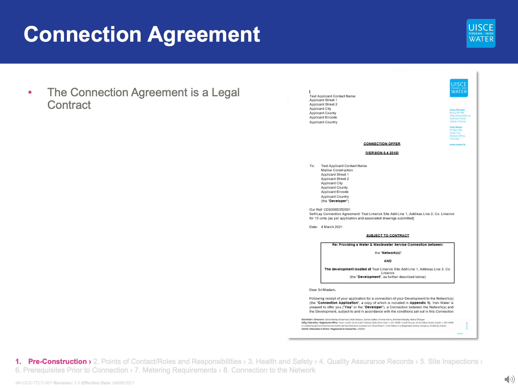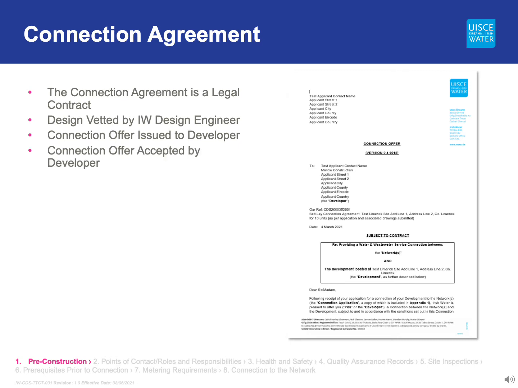Before the pre-construction meeting takes place, the design must be vetted and accepted by Irish Water. The developer must receive a connection offer from Irish Water. The developer must have signed and returned the connection agreement to Irish Water and made full payment, including any specified self-lay surety. Any required arterial easements, as referred to in the special conditions section of the connection offer, should be